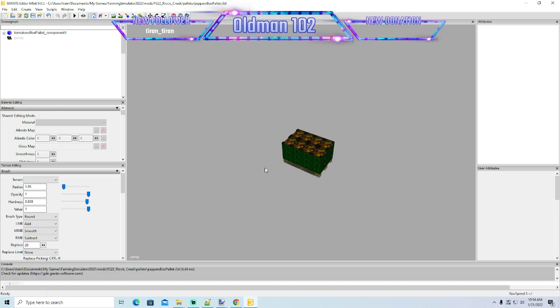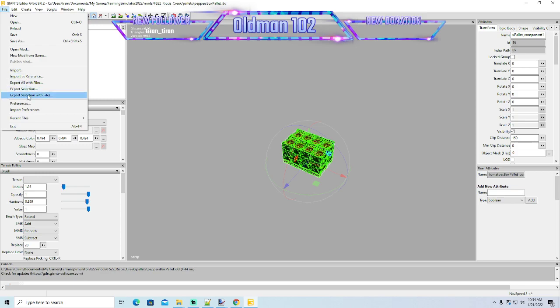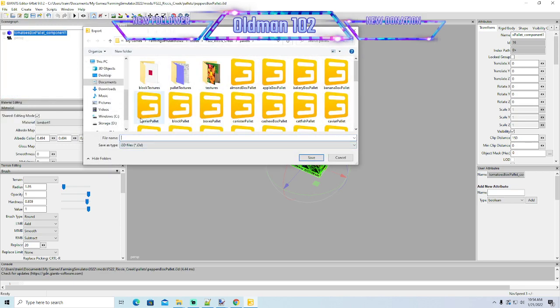Right there. Okay, so that one's off the list. Is that all I have with a green background? It is. Alright, so let's go File, Export. Let's go Onion,